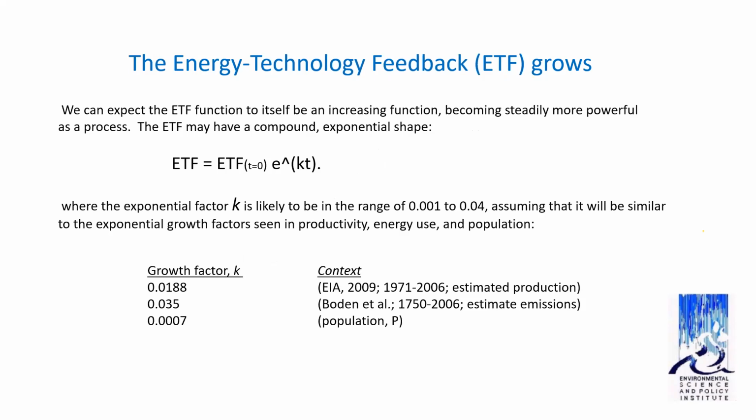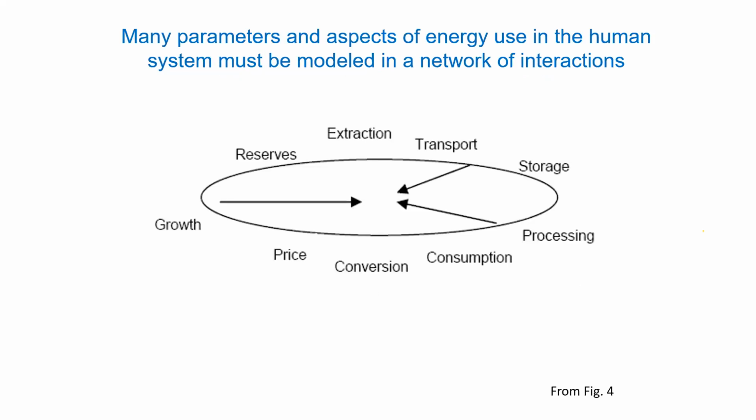It's also growing over time, and it's growing as a function of other exponential functions. So population has had exponential curvature for quite some centuries. That's slowing down, but we now have exponential growth in a number of areas of knowledge and technology. And that gives the energy technology feedback, as its own process, an exponential characteristic. So it's a growing feedback.